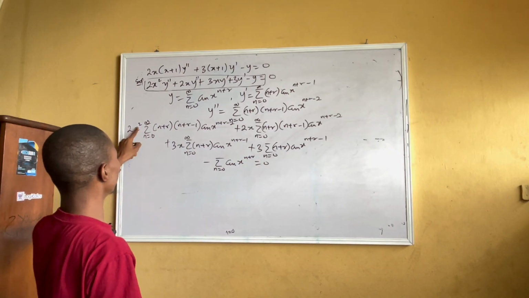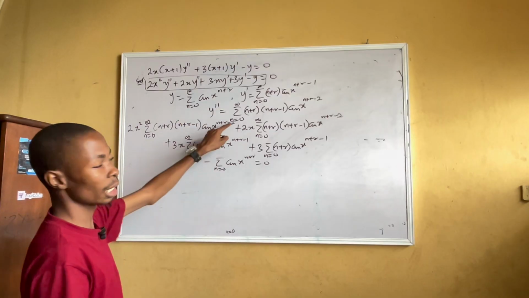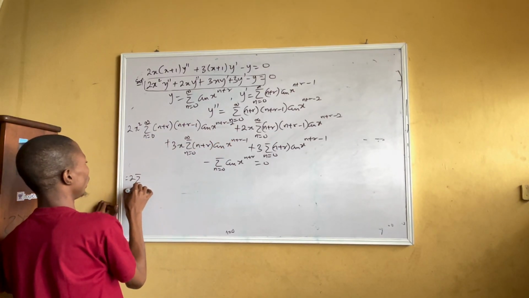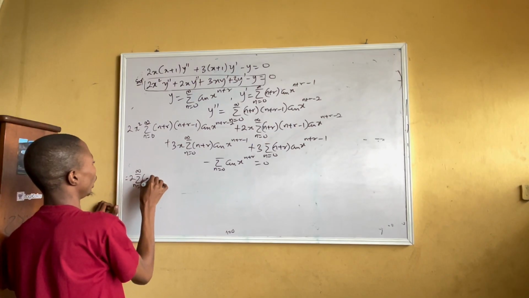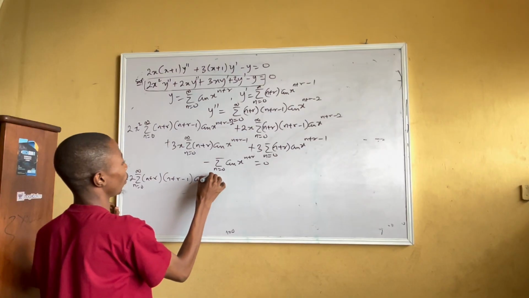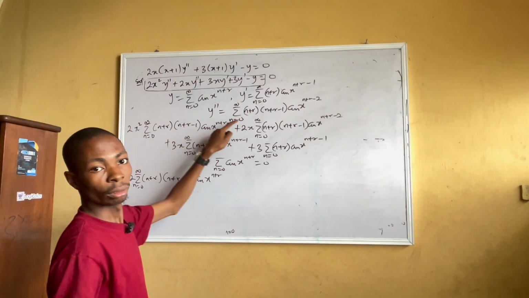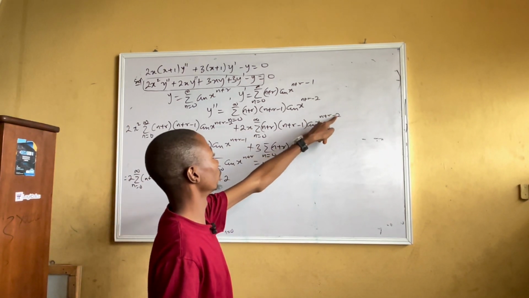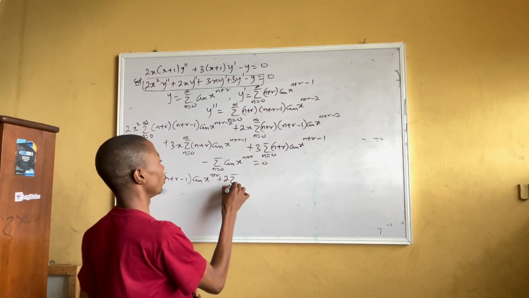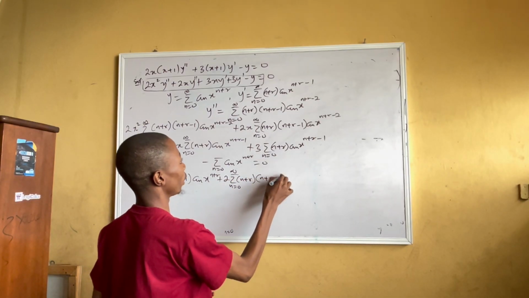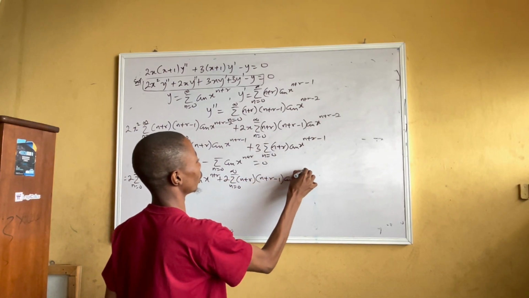So indices, this is x squared times x to n plus r minus 2. So it will be summation n from 0 of n plus r, n plus r minus 1, a n x raised to power n plus r. Okay, then plus 2x times this guy. So it will be 2 summation n from 0 of n plus r minus 1, a n x raised to power n plus r minus 1. Okay,